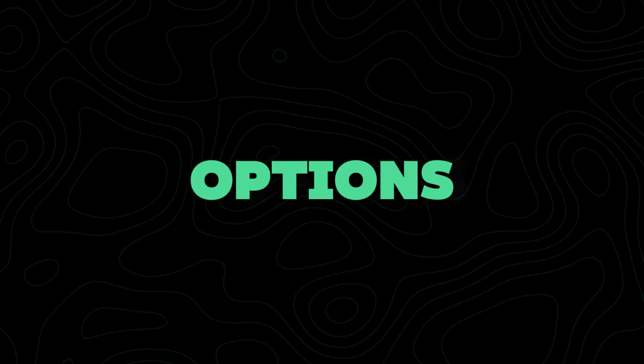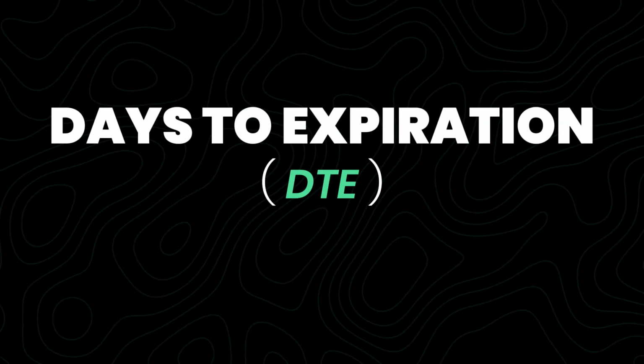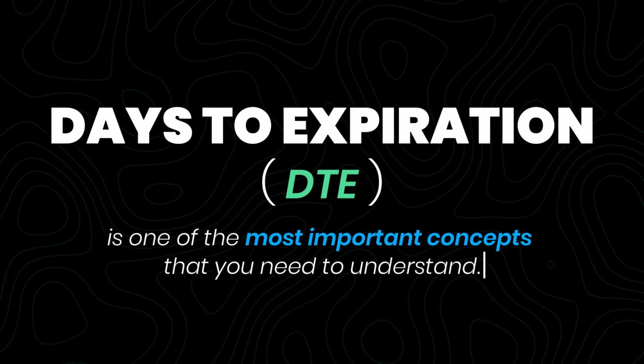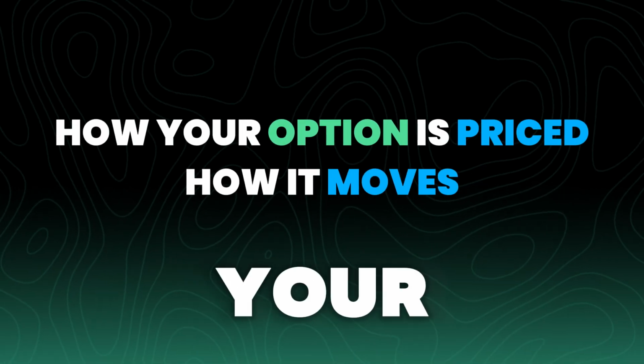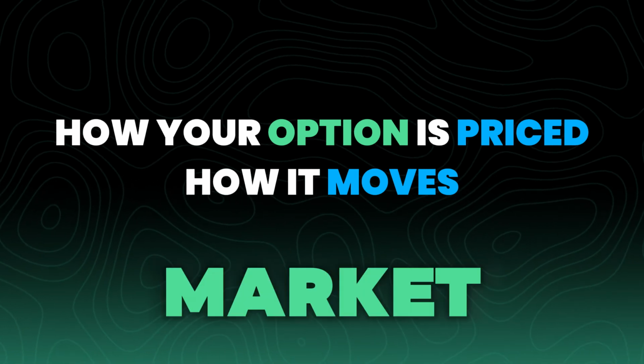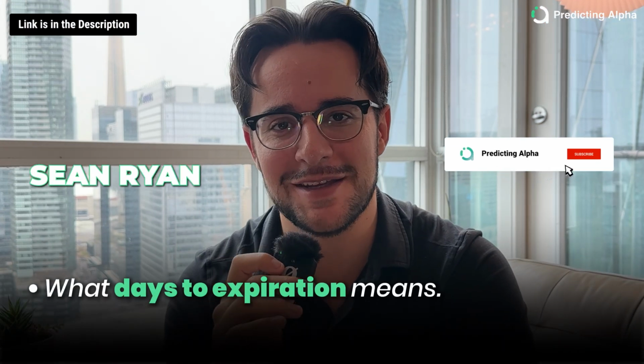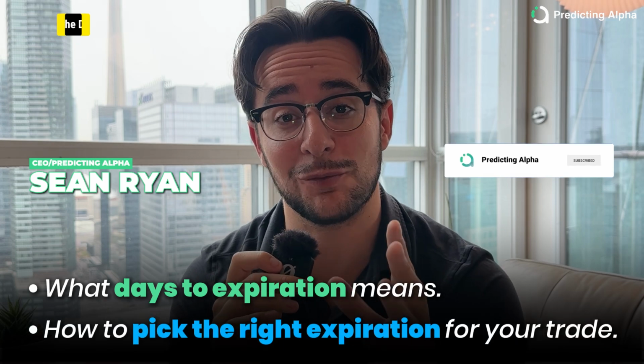So if you're trading options, days to expiration, or DTE, is one of the most important concepts that you need to understand. It affects how your option is priced, how it moves, and whether or not your trade reflects your actual view on the market. In this video, I'll show you exactly what days to expiration means and how to pick the right expiration for